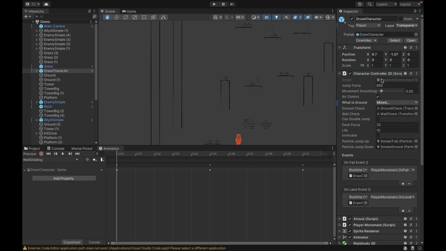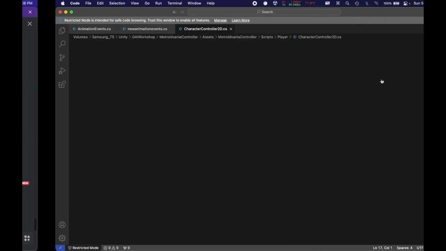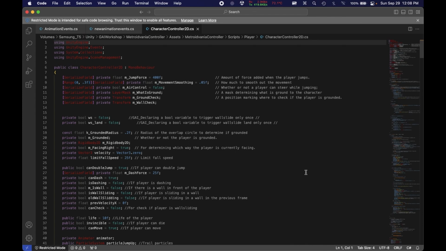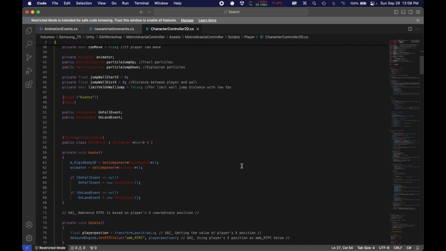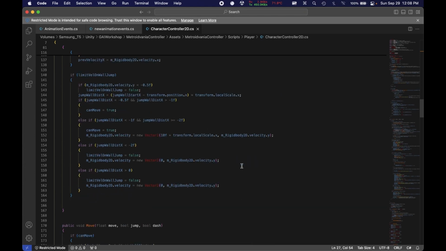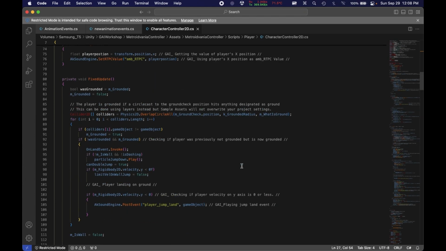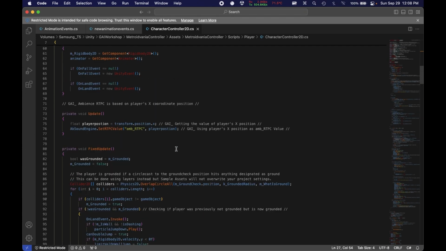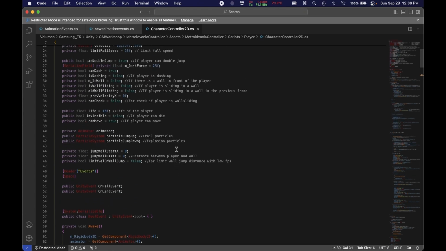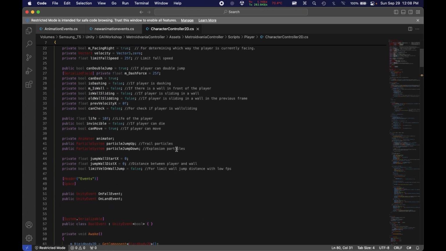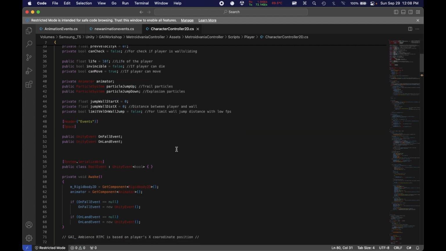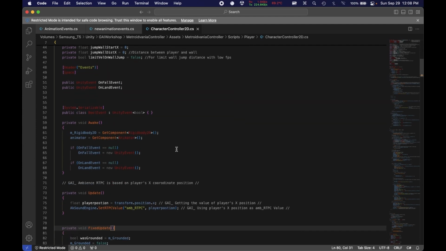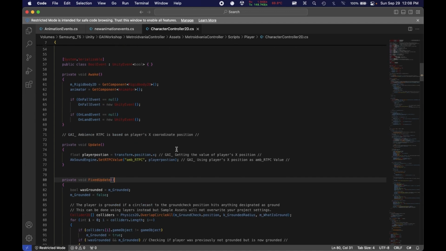So next week what we'll discover is how to work with these scripts that are already inside this game. So there's a lot here. We'll sort of understand what we are looking for when we are working with code that is already a part of the game that is written by somebody else. So what we need to look out for